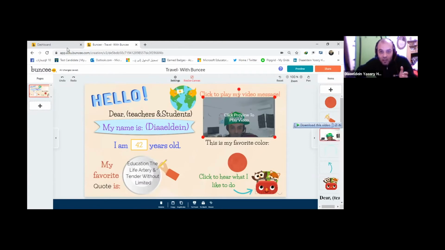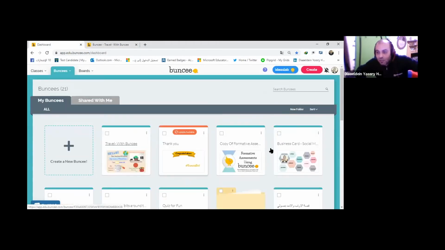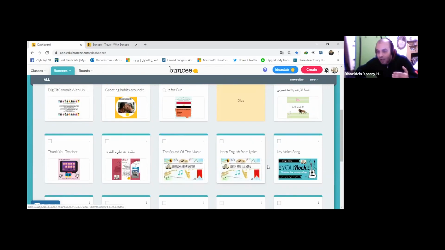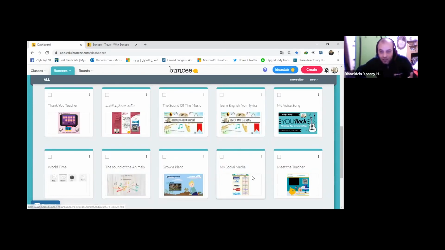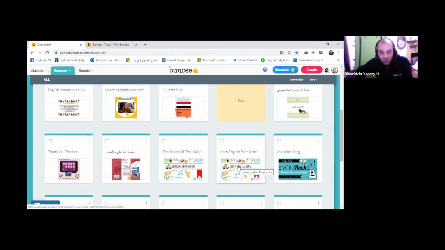Also, here in Buncee, as we can see, I can make a new folder, as I built here a new folder and named it with Dia. And when I follow my work, I found myself in progress and progress and progress. So I make a music, a sound of music with sound of animal,